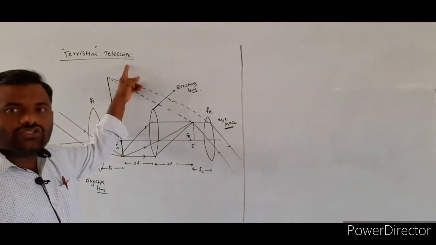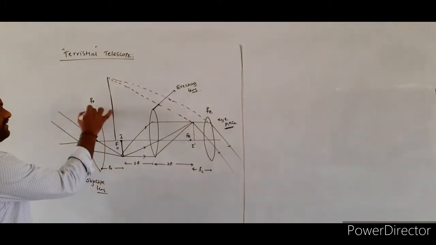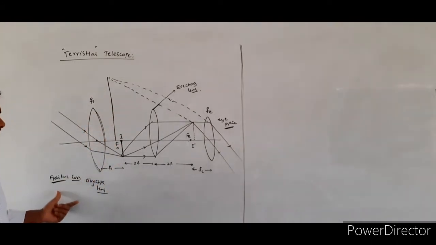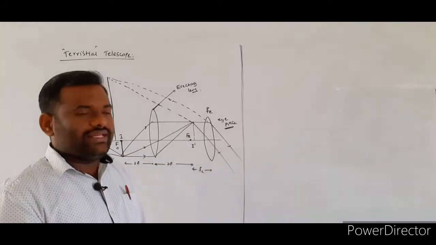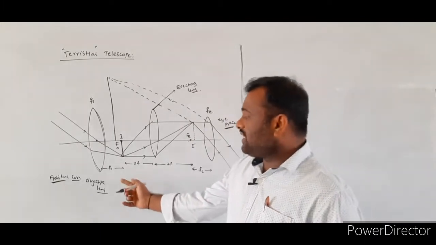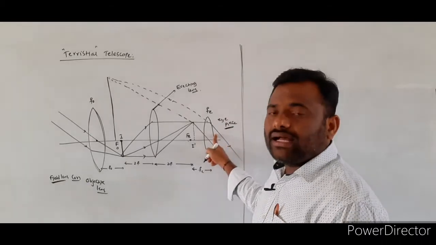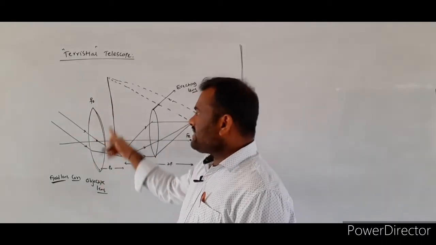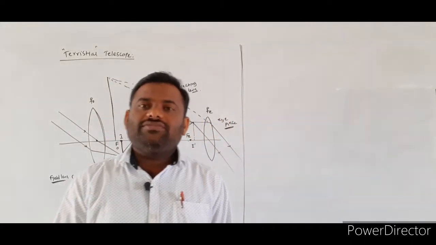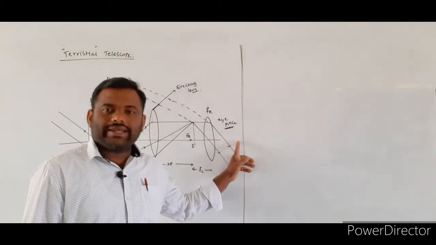But in the case of the telescope, if you look at the diagram, we are using three different lenses, and the lens which is facing towards the object will be called either the objective lens or the field lens. The lens which is facing towards the object, we call either the objective lens or field lens. Compared to the eye lens, the field lens aperture size will be very large. So in the telescope, the aperture size of the field lens or objective lens will be larger with respect to the eye lens.